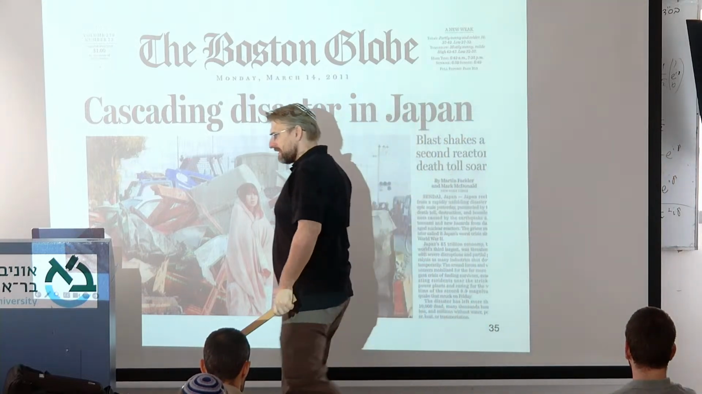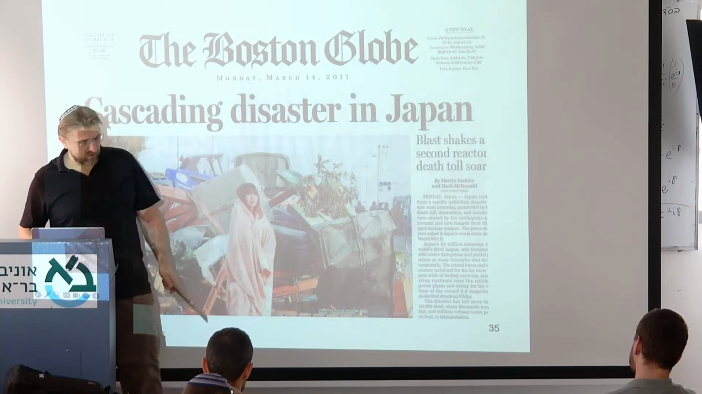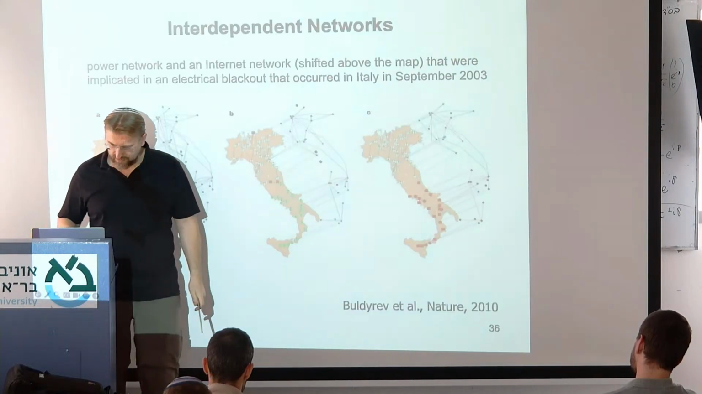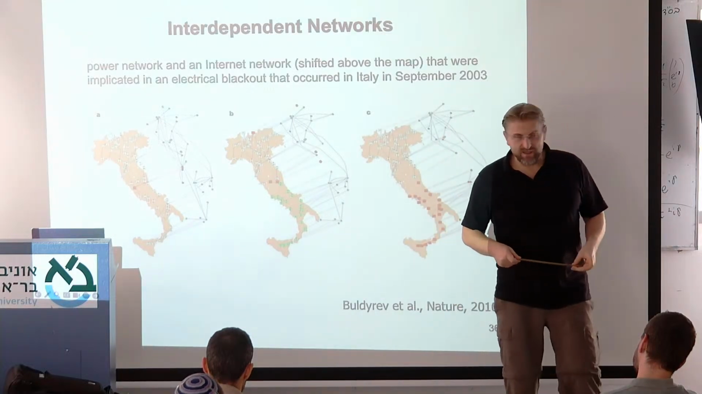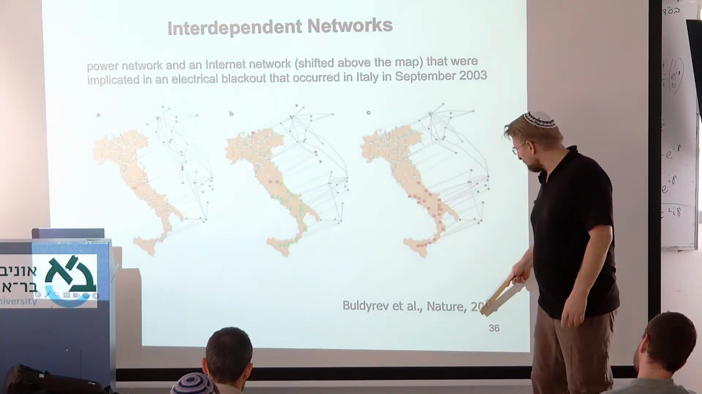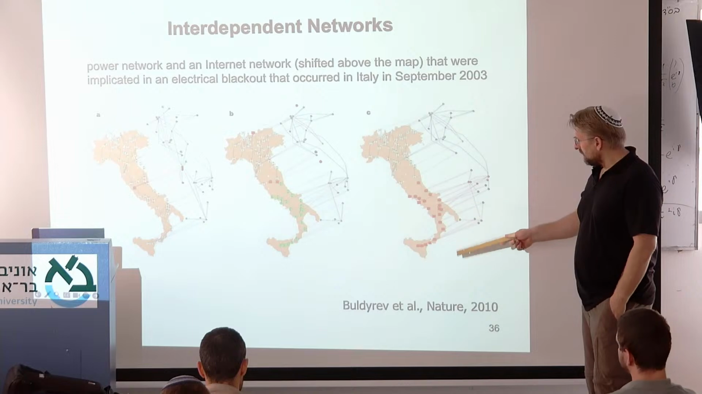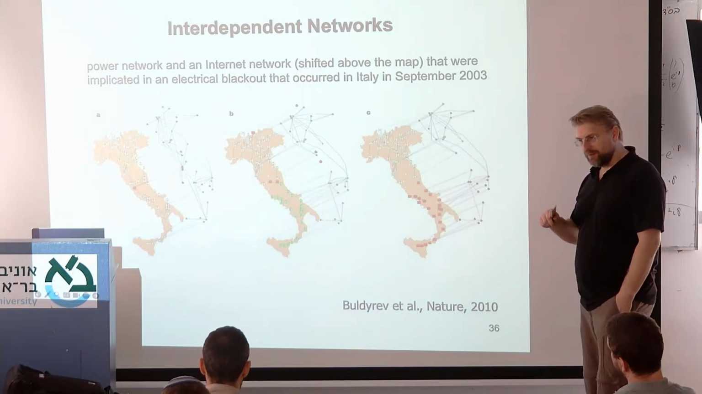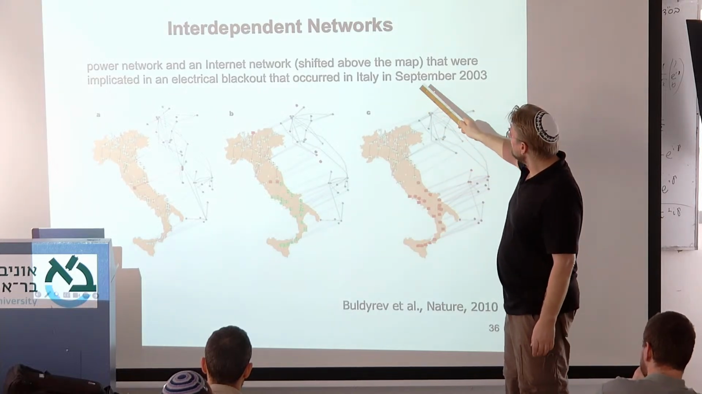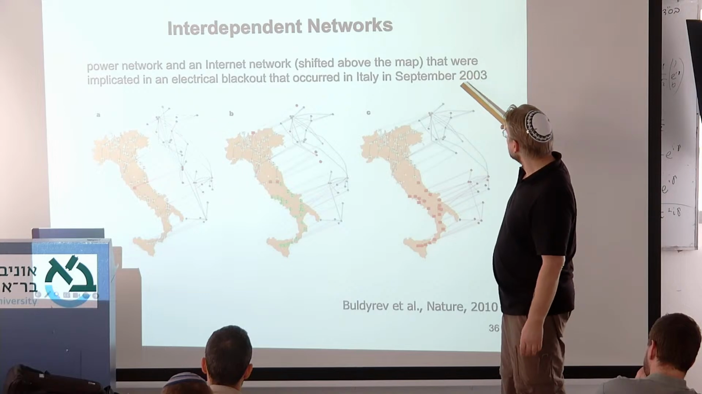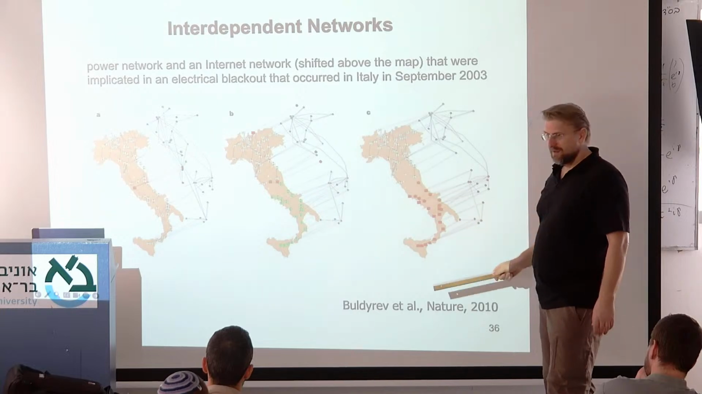So it was really a cascade of failure. That's why Boston Club also called it the cascading disaster in Japan. And this very much reminded me of a paper, the first paper of Havlin and Buldyrev in 2010, where they study this kind of cascading collapse, and they wanted to explain basically what happened in Italy in September 2003, when half of Italy completely had